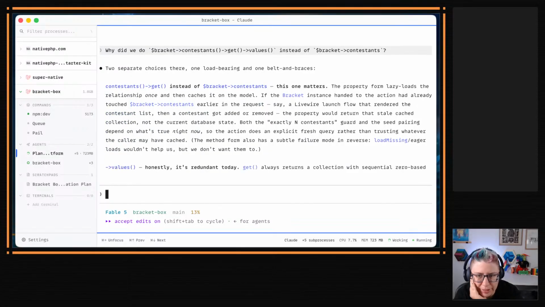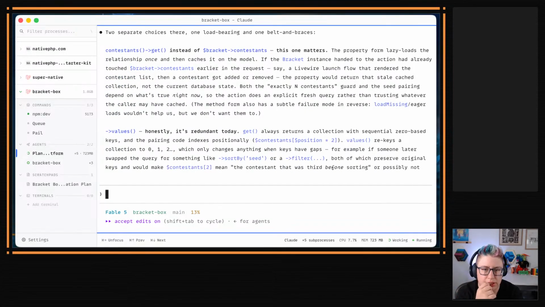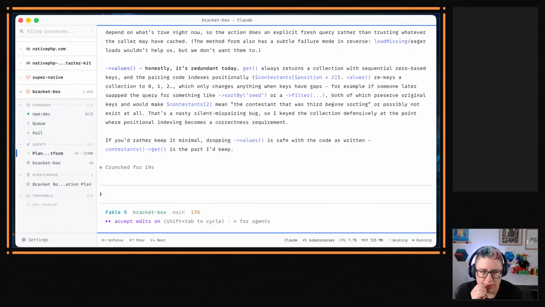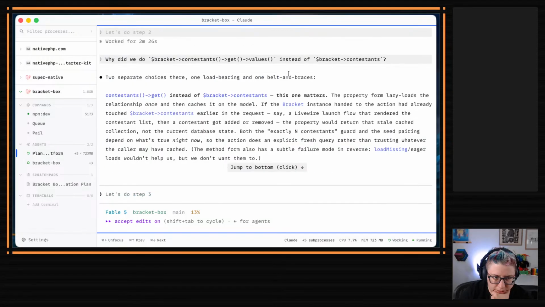What the heck does belt and braces mean? One is load bearing and one is belt and braces. Contestants get, instead of bracket contestants. This one matters. The property form lazy loads the relationship once and then caches it on the model. If the bracket instance handled has already touched bracket contestants earlier in the request,